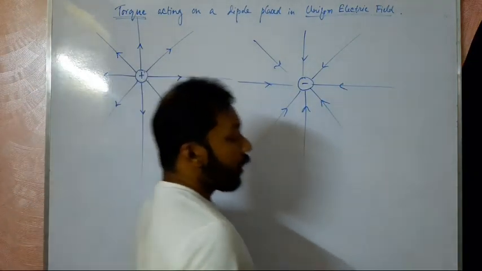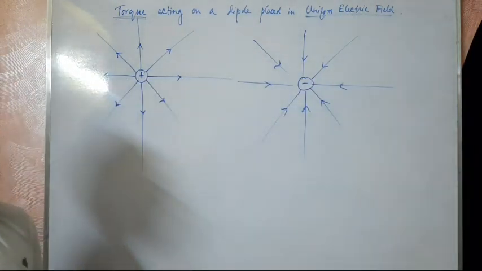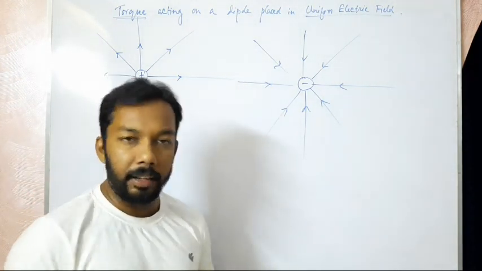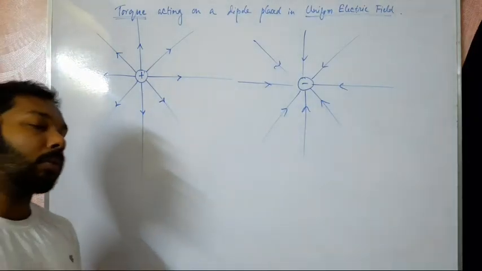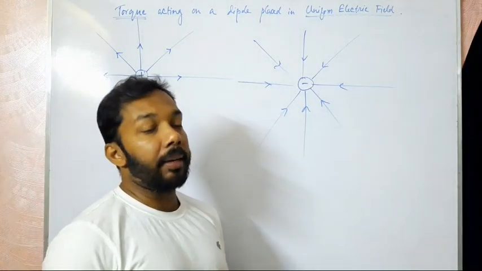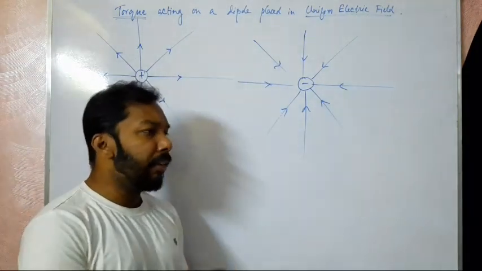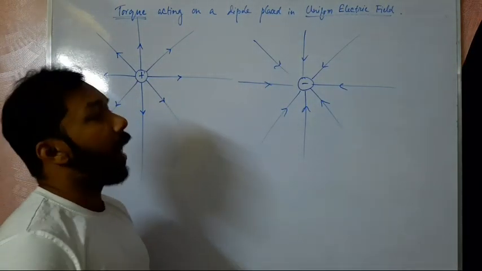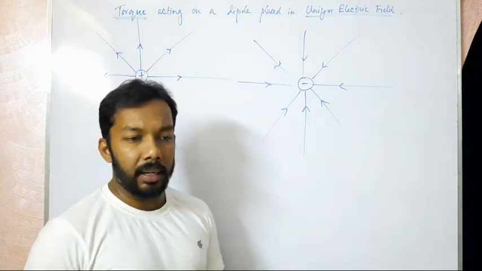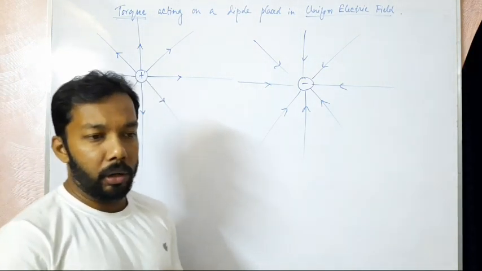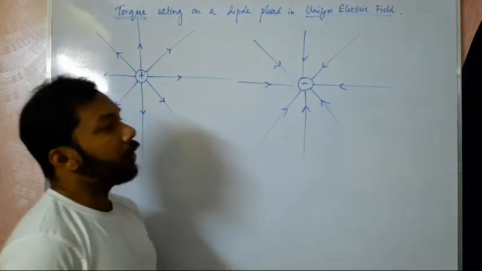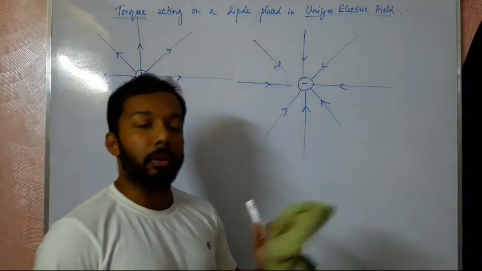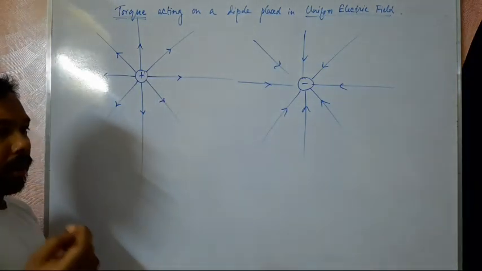That means whenever you have an electric field, that electric field is produced by a certain amount of source charge, be it positive, be it negative. That source charge will exert force on the test charge, and the direction of the force in various positions can be joined by a single line. If all the force vectors are joined by a single line, then that line will be called electric lines of forces.